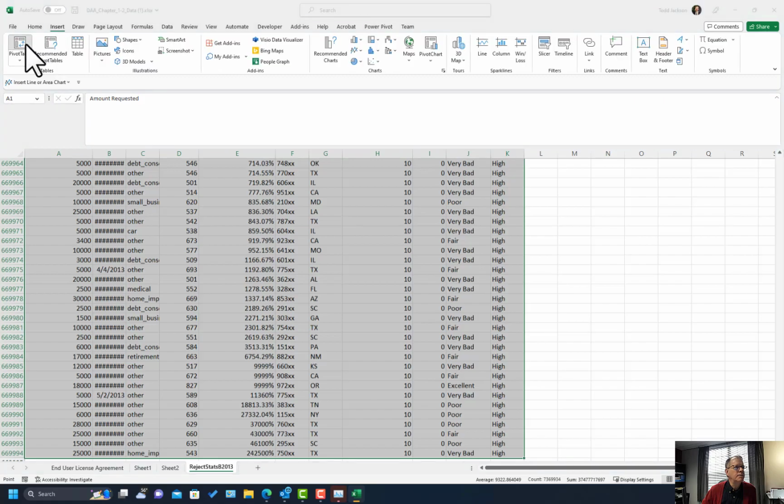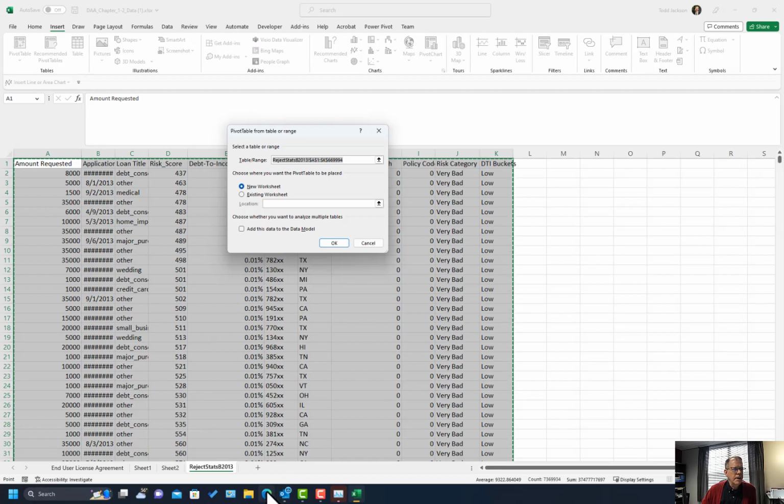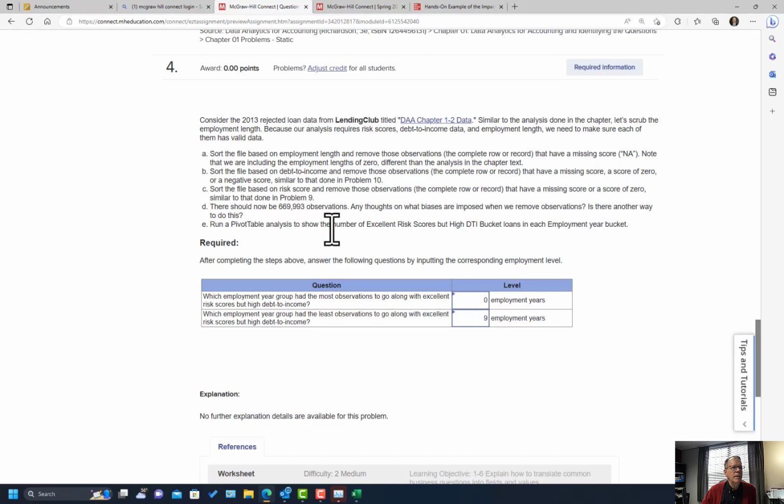Insert a pivot table. Again, let's go back just real quickly here. It says run a pivot table analysis to show the number of excellent risk scores but high DTI buckets in each employment year bucket. Actually, in terms of the employment years, they didn't have us summarize those in terms of buckets, I don't think. So they run up to 10, I think. So we'll just kind of